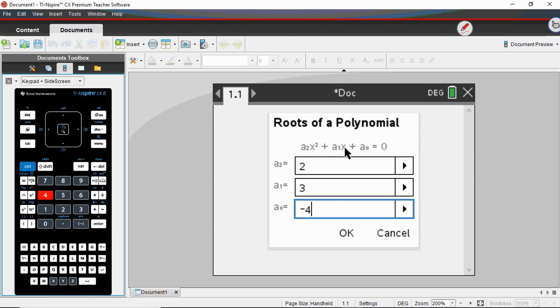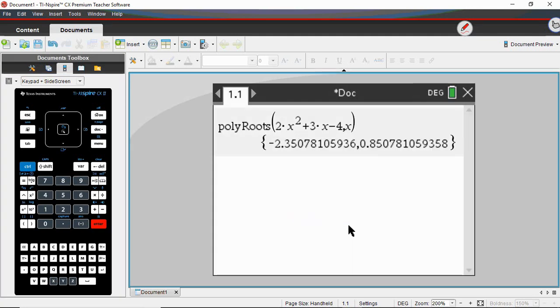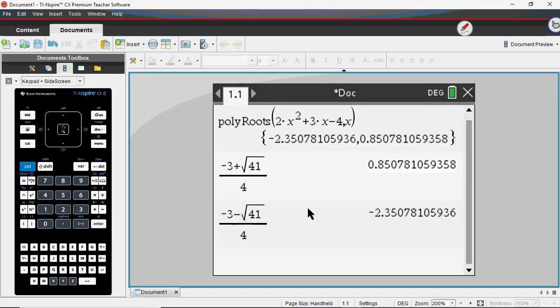I don't worry about the x's or anything. I press OK, and then I just need to press Enter. And it's given me 2 decimals. However, it's easy to check and see that these 2 decimals are the approximations of the exact answers that we got before. Great. Second option that we could use is to press Menu,